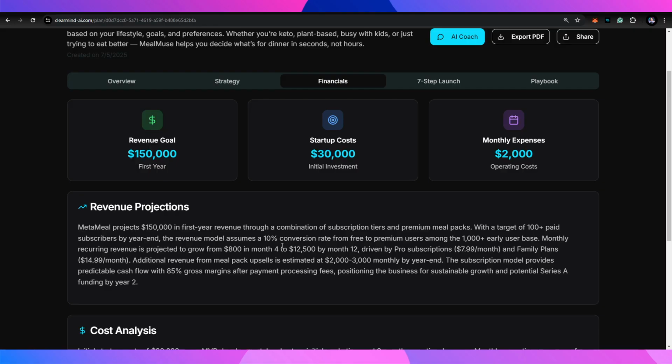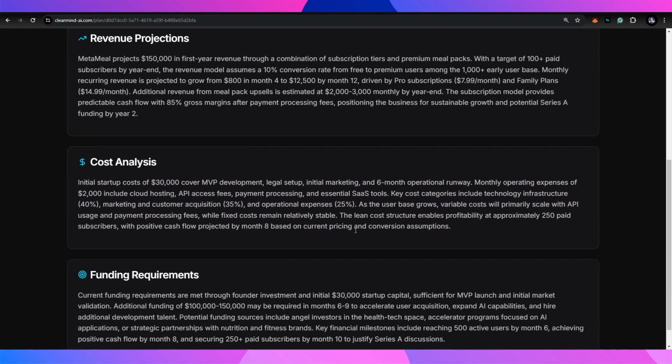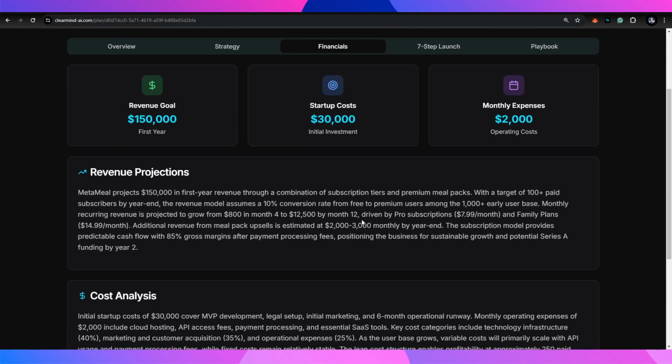How many subscribers do I need, what are my current market financials that I need to reach? So we actually have all this tailored for you within our AI model.